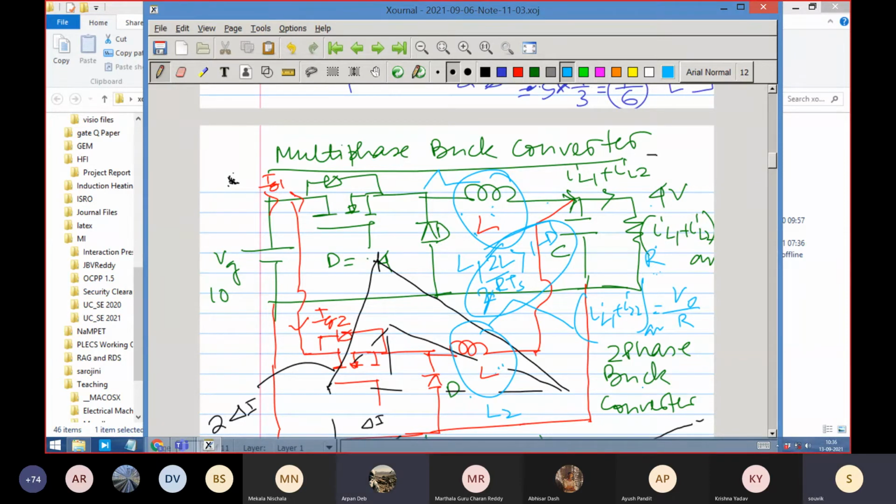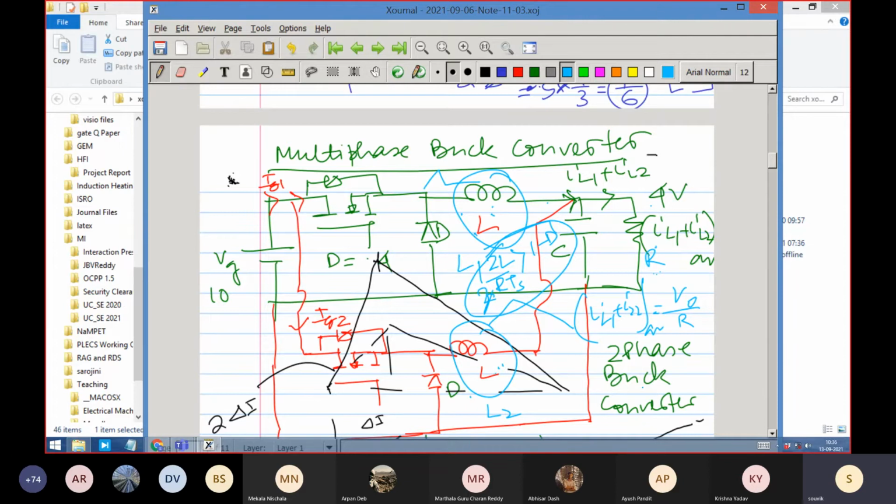In that case, by using the volt-second equation, can't we find the output voltage? Yeah, but what is V0? Output voltage you do not know. In the discontinuous conduction mode, you do not know. But I will tell you the answer. Listen to me carefully. Because one of them is in the continuous conduction mode, V0 will be dictated by the phase that is in the continuous conduction mode. But with that voltage, the second one may be in the discontinuous conduction mode, because we have given a different duty ratio. It's a good question.